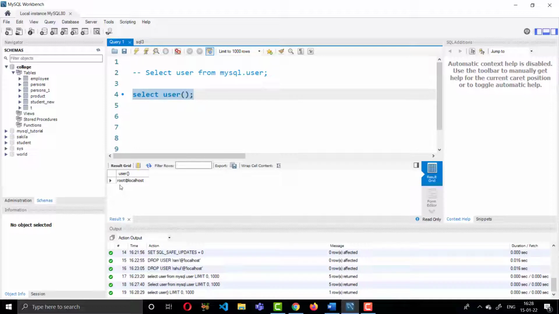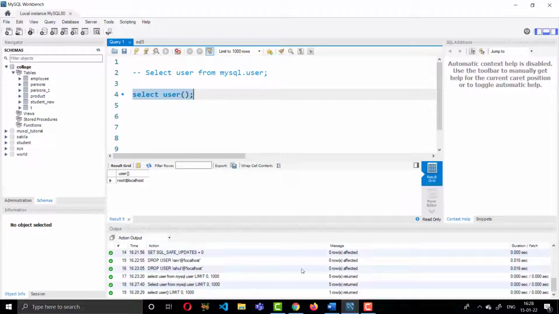Our current user is the root user. He can do any kind of operation: drop tables, drop databases, insert data, delete data, update data. The root user has all the privileges.